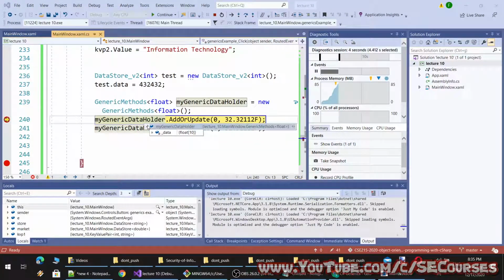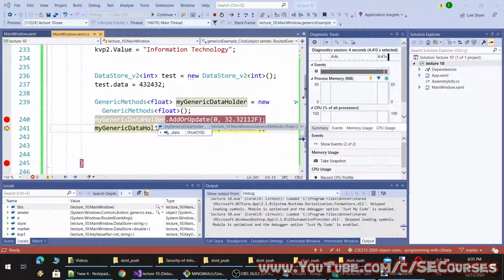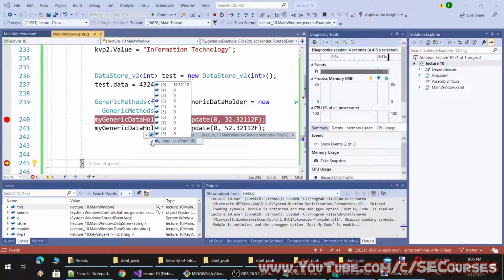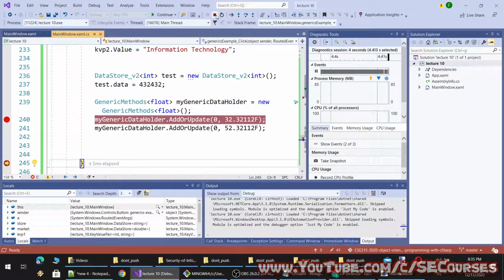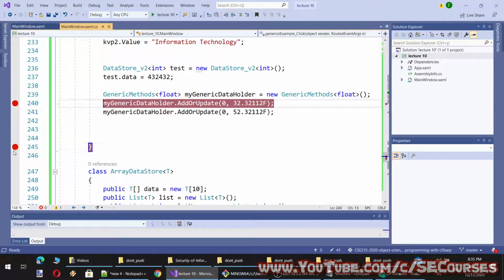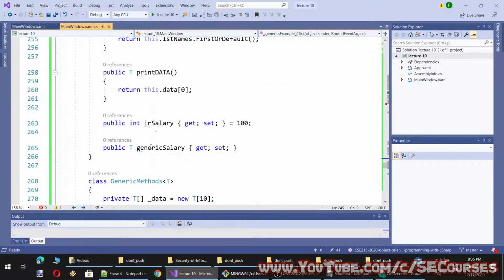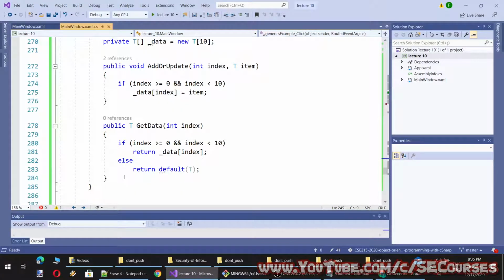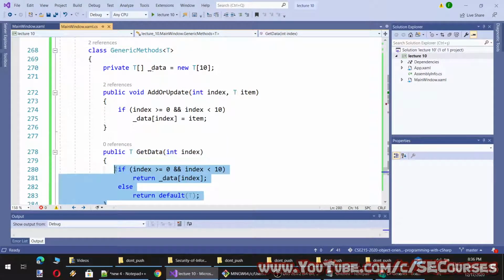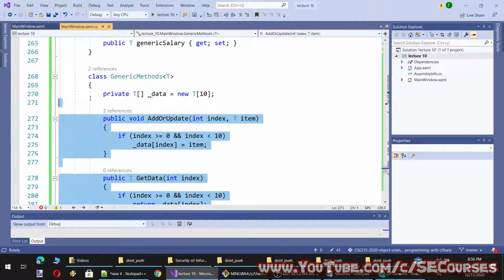Okay, currently it has all 0 because 0 is the default value of a float type. Then, okay, the first index has this one, and then it is updated to this one. Anyway, it is all about how you are coding these methods.